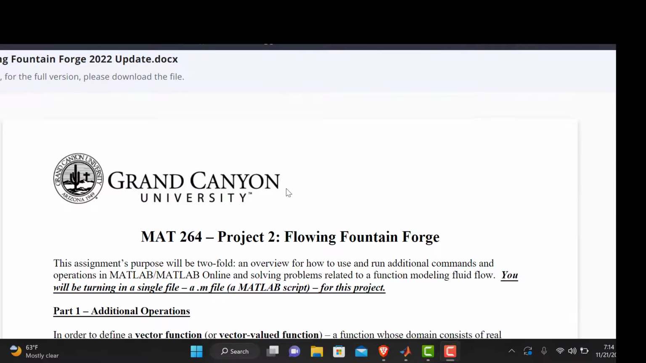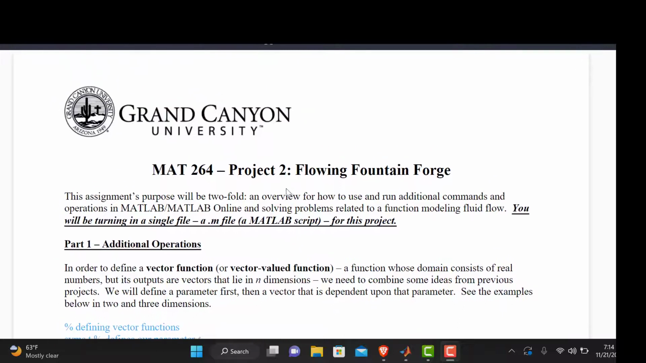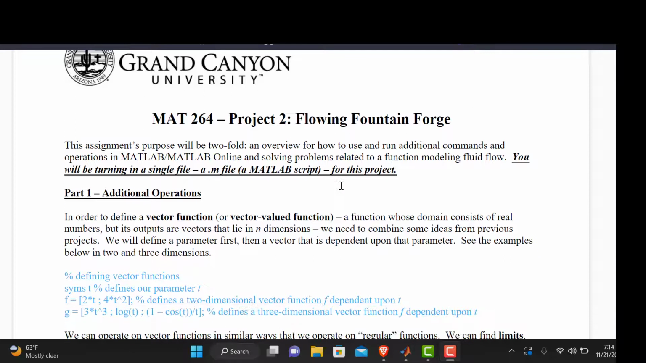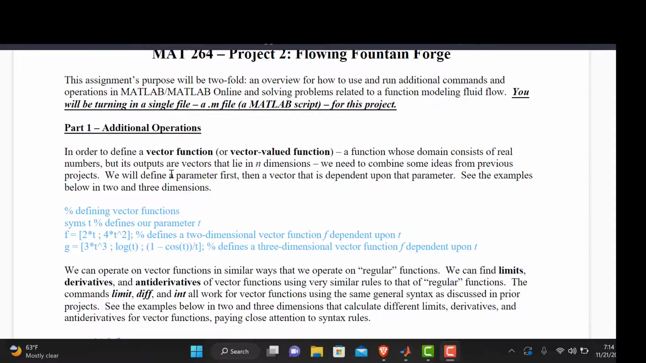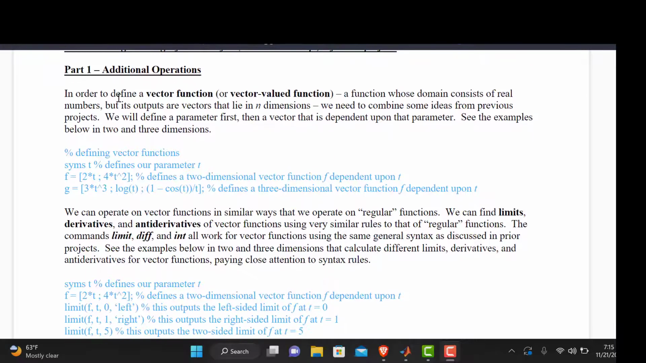All right, welcome in. So as promised and long overdue, project 2 for 264, Flowing Fountain Forge. Now, as usual, please go through and actually read the directions. You'll notice part 1 gives you some additional operations. The very first one talks about a vector function or vector valued function. If you scroll down to the first part that we're going to be doing, this is exactly what we will